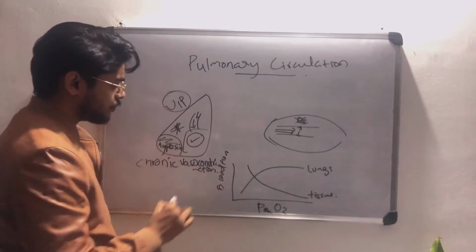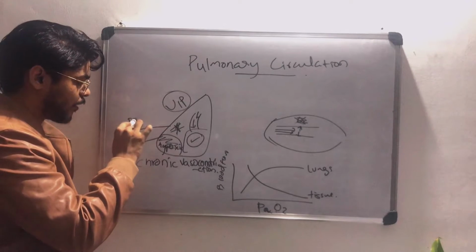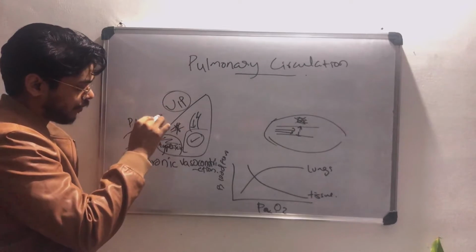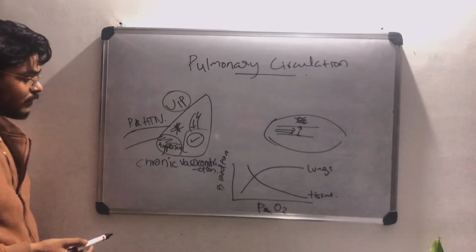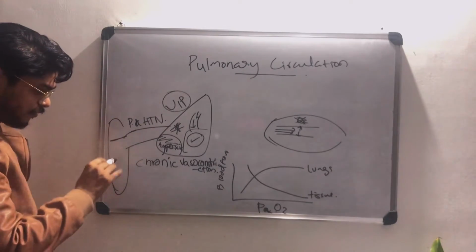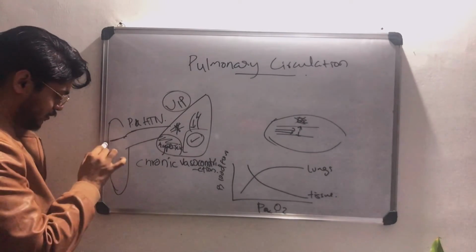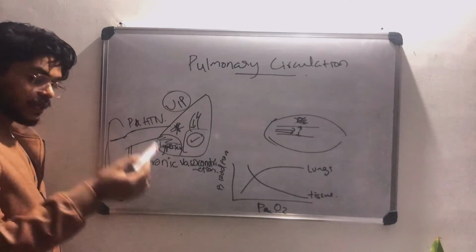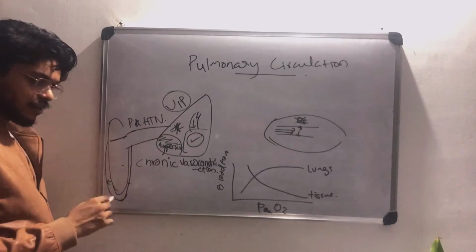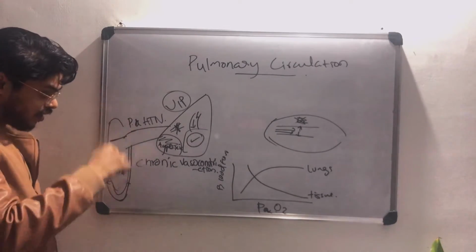If that happens, what will happen? We know the blood supply to the lungs is by the pulmonary artery, right? So there will be pulmonary artery hypertension. Pulmonary hypertension will happen. And then we know that the pressure inside the pulmonary artery comes from the right ventricle. So there will be a pressure increase in the right ventricle. That means it may result in right ventricular hypertrophy. What is right ventricular hypertrophy? The muscles are being hypertrophied, right? So right ventricular hypertrophy can happen, or maybe the right heart will fail.